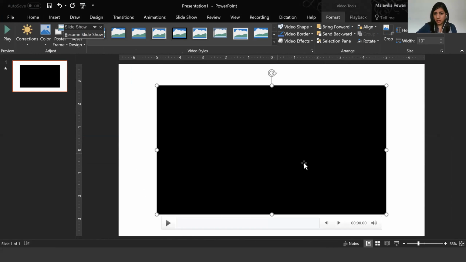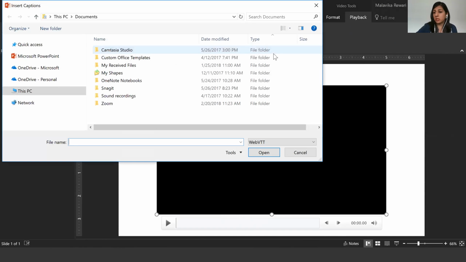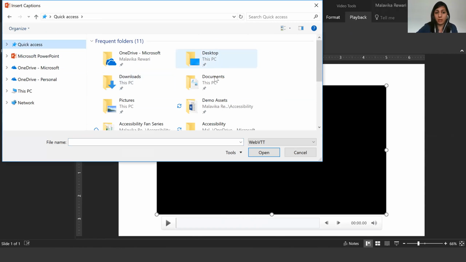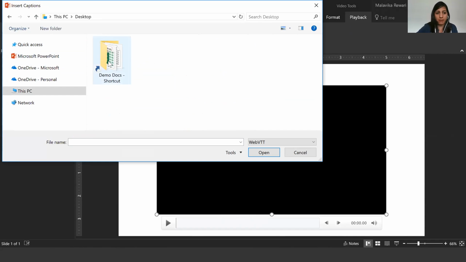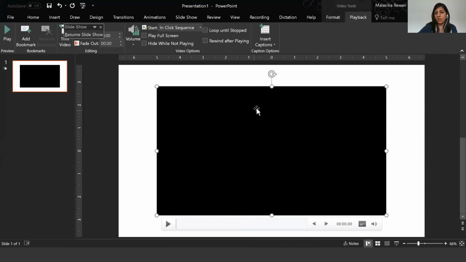So now what you can do when you select the video, right here in playback, you can insert a captions file. Most professional videos, you should request the person who produced the video to give you a caption file with it. And then once you have that, you can just insert it right using the .vtt format for PowerPoint for PCs.